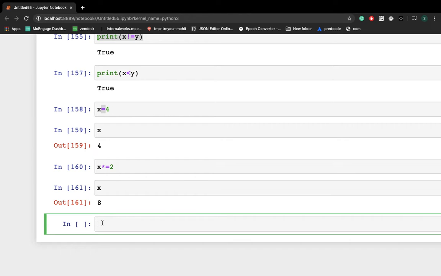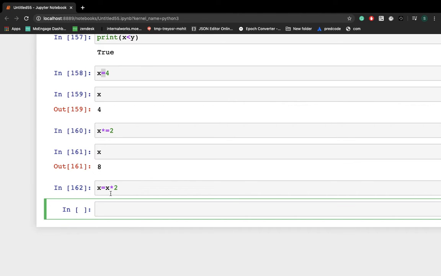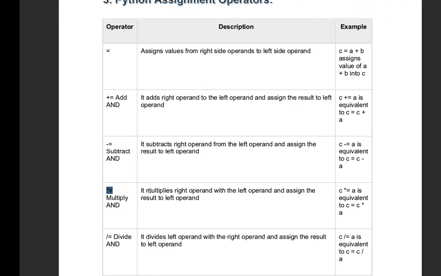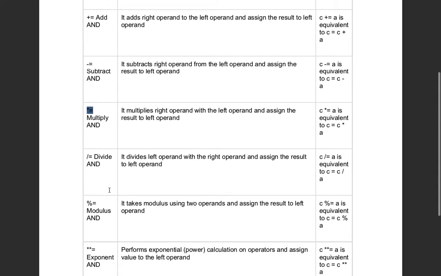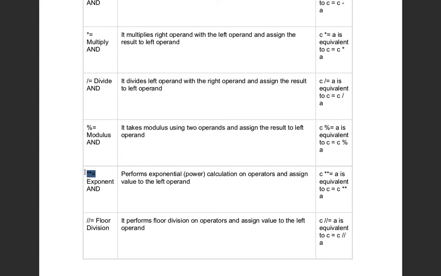If you want to check it, you can write x is equal to x into 2. Here you will get 8 into 2 is equal to 16. Let me print x again, you will get 16. This is how you can check it for other operators as well.